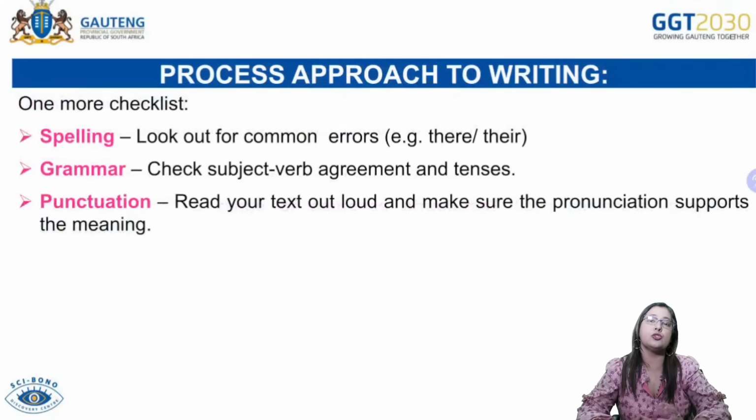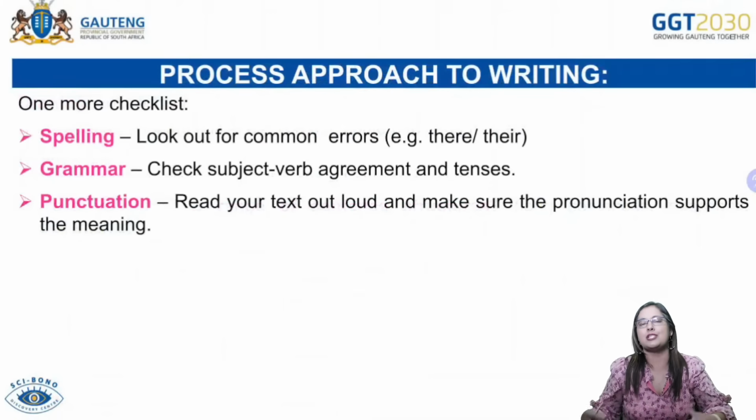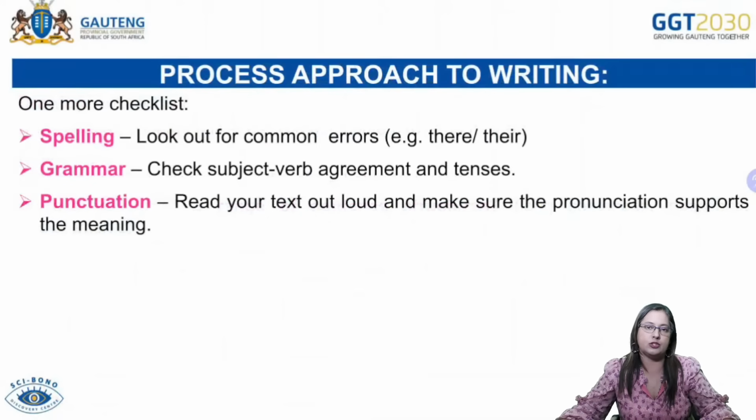You're checking that there are no concord errors, for example. You're checking that you've used correct punctuation marks while you are writing your piece of work. These are things that, if you don't check them, Grade 12s, will cost you marks that you don't really need to lose. Remember, there is a language mark awarded to you as well when we mark with the rubric.